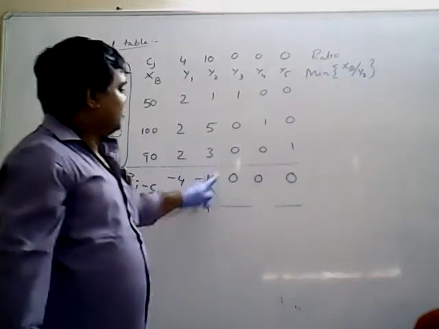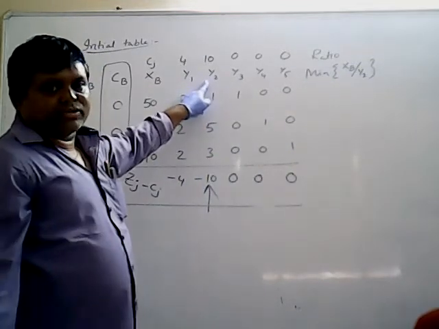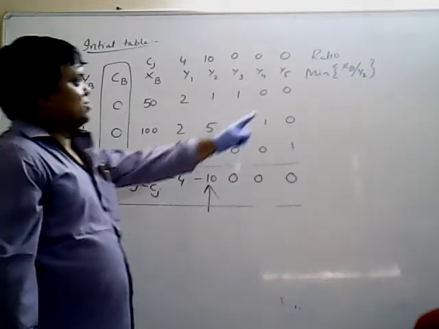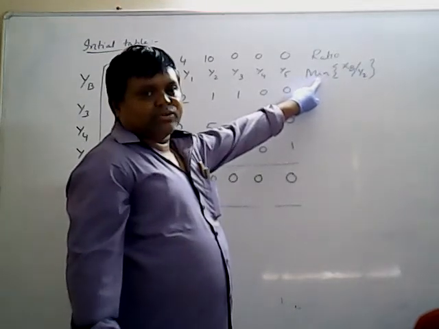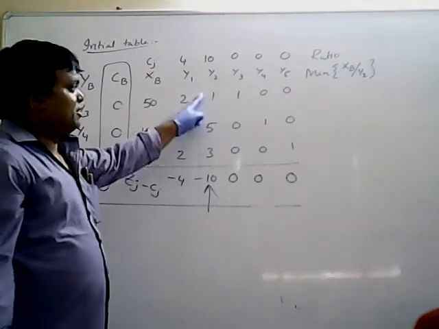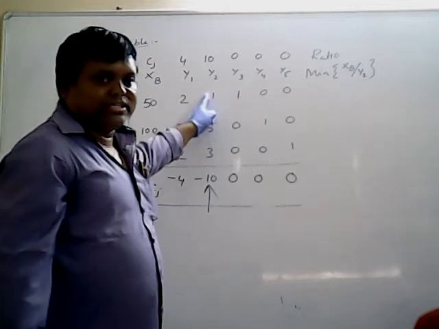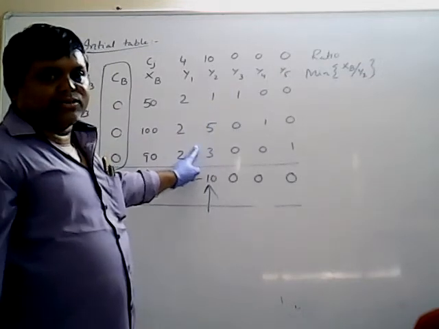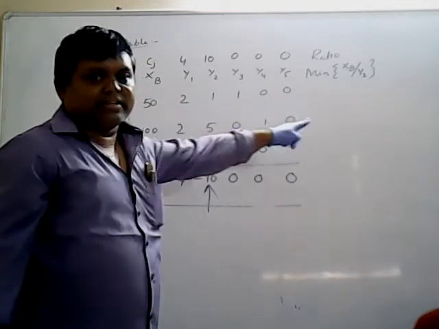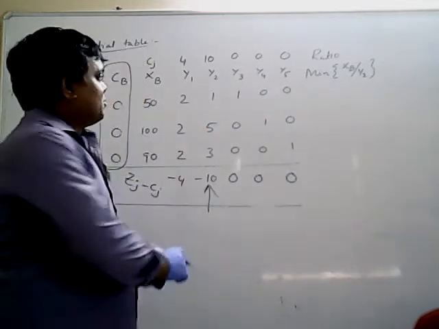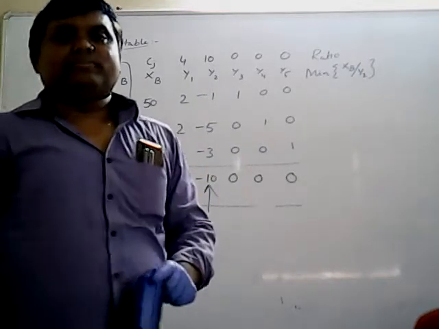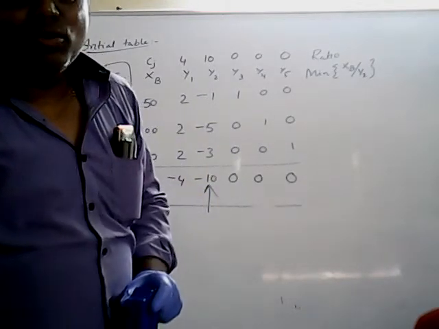In this particular problem you got Y2. Y2 wants to enter here, so divide by Y2. While taking the minimum of ratios, one condition should be satisfied. In your entering column, if 0 is there or a negative number is there, don't consider the ratio. Suppose all are negatives in your entering column; this type of solution is called an unbounded solution.